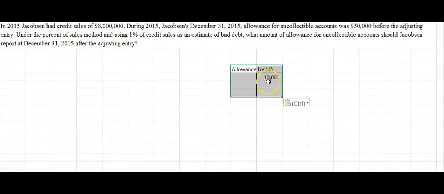So the allowance for uncollectible accounts had a balance of $50,000, okay? So that was my balance. But I want to adjust this, because this is not the balance that I want. Before the adjusting entry, under the percentage of sales method and using 1% of credit sales as an estimate of bad debt,